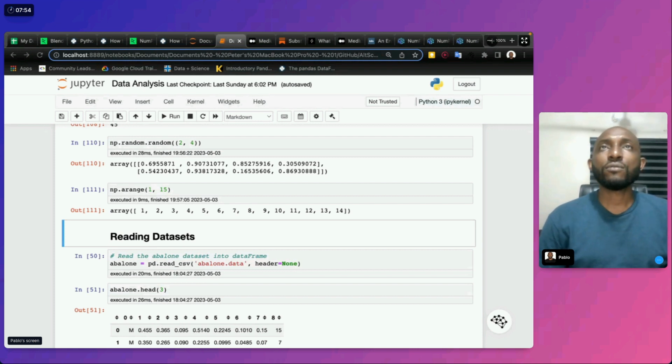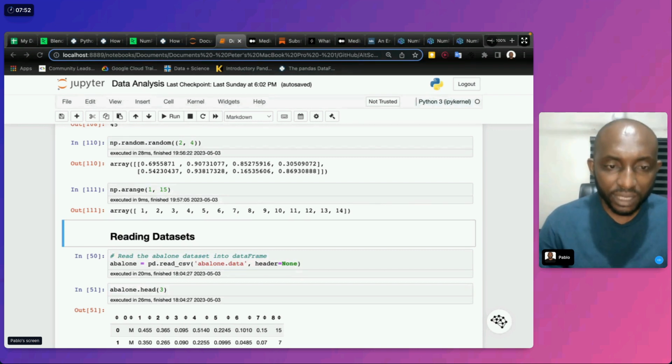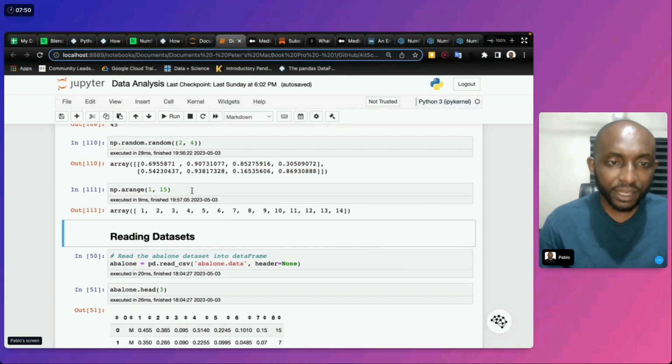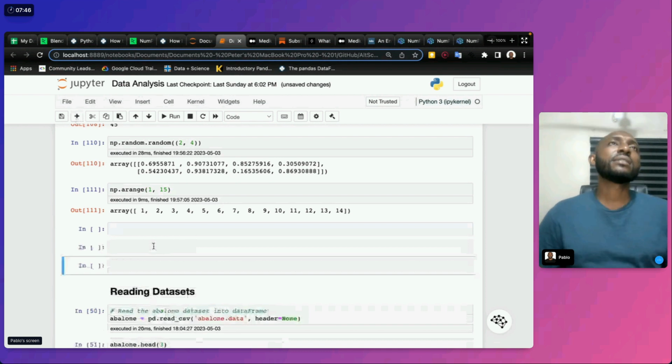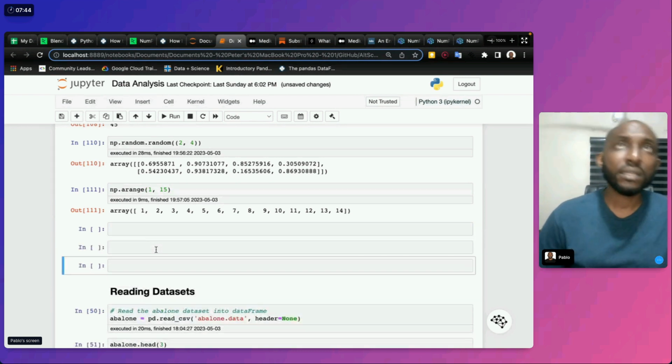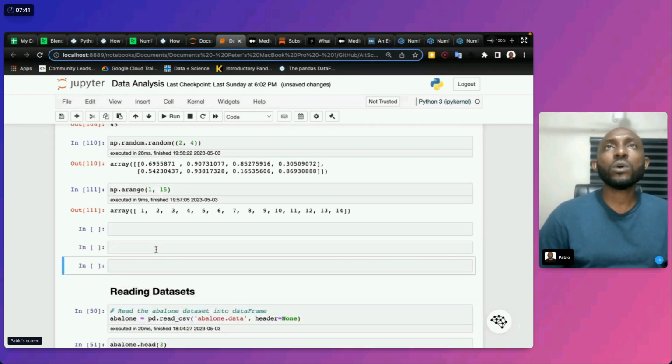For instance, let's look at this. Say we want to check data for people's height.